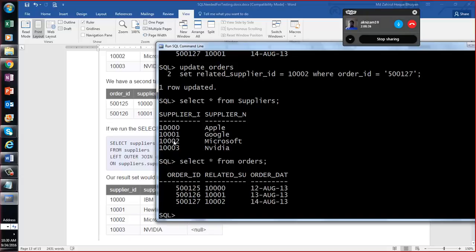Now, if I do a command, let's say select supplier ID, okay, comma, actually select order ID. You don't need to type anything, just follow on the screen because you need to understand this. Select order ID and then supplier ID, okay, and then supplier name, and then